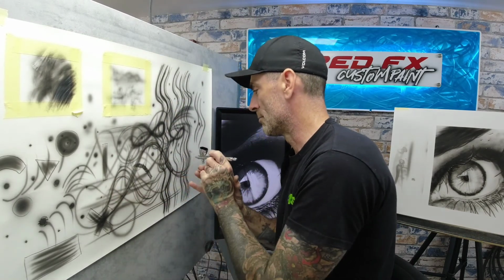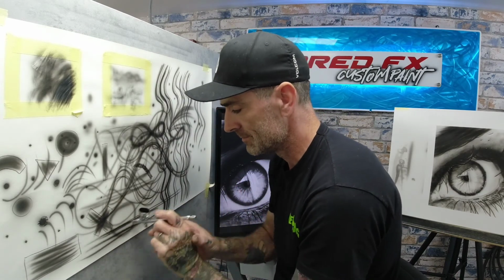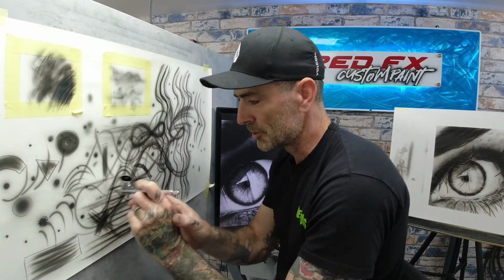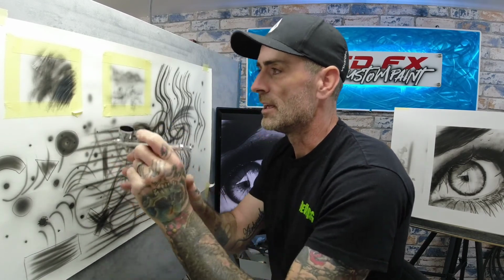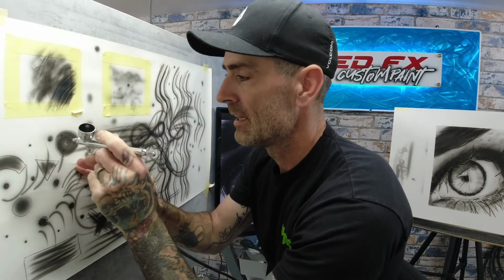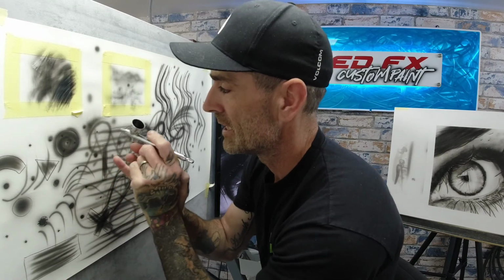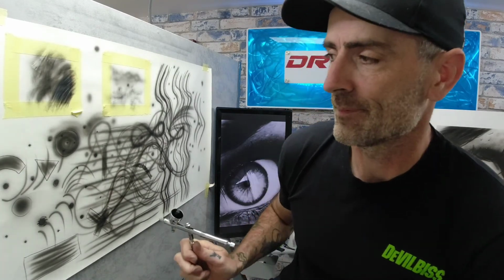Once you're that comfortable with it, moving along with the brush, you know exactly when that paint's coming out. You know you can go wallop, bang in the middle of that, do a dot there, do a circle, drop another circle, do a little bit of shading off that circle. Once you're moving like that with the brush, that's when I would say